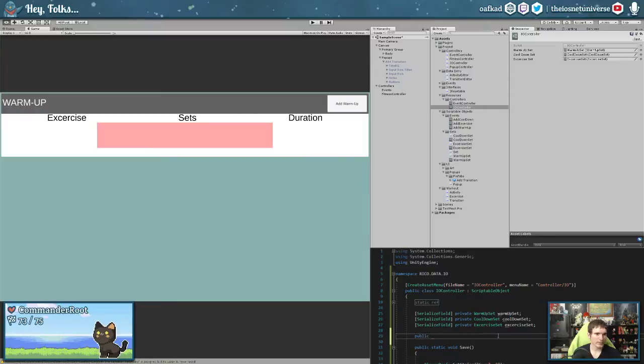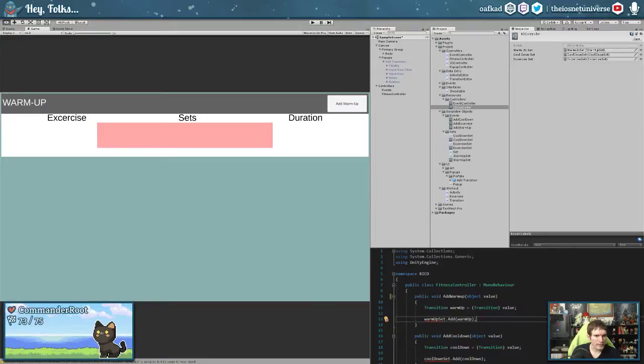For now we'll just do adding because we don't actually have a removing feature. Public void add warm-up. It's actually public static void. Public static void add exercise. Public static. Let's just grab those from the fitness controller, man. Save myself some trouble.